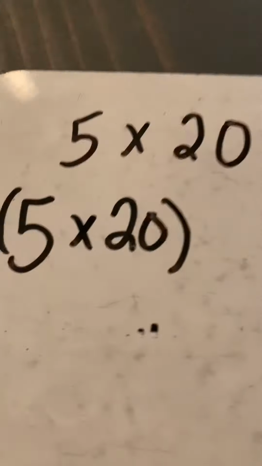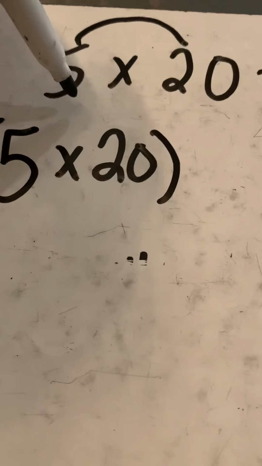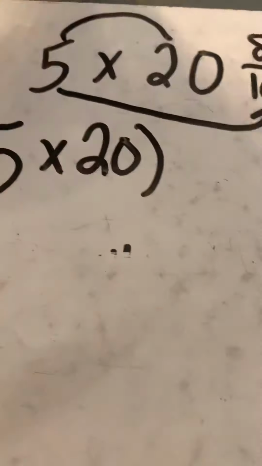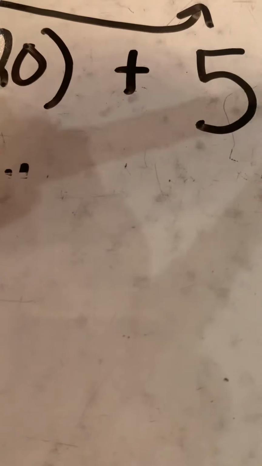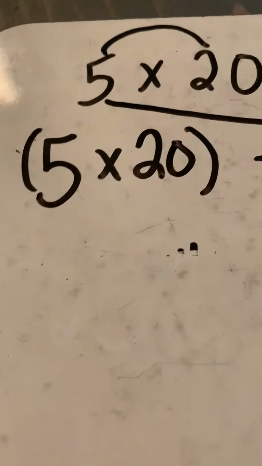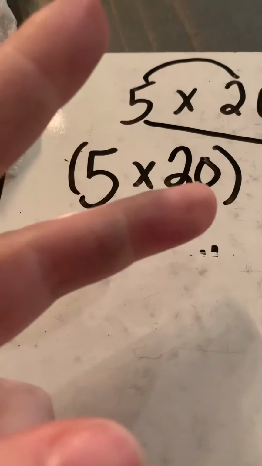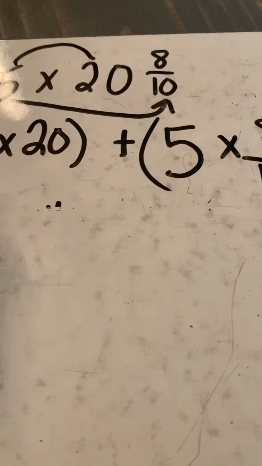Okay, so here we go. We're distributing the 5 to the 20, and then we're going to distribute the 5 to the 8/10. So 5 times 20 plus 5 times 8/10. And that is going to get us our product, our answer. So let's think of it this way. What is 5 times 20? 20, 40, 60, 80, 100. Okay, it's 100